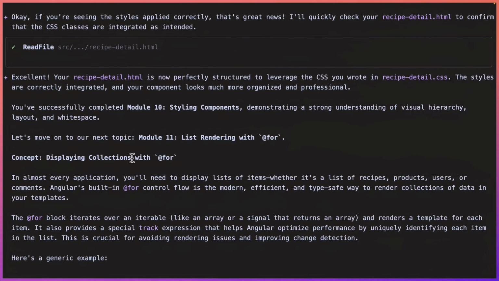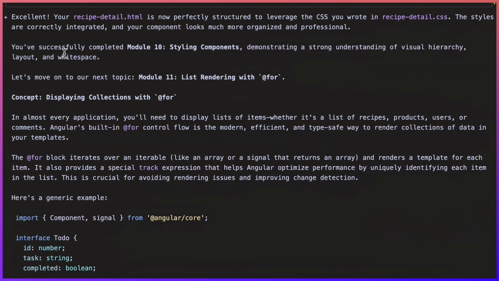Let's move on to the next topic, that is list rendering with @for. When it comes to looping over collections and displaying them, Angular uses the @for control flow syntax. We have seen this syntax some time back once when we displayed the individual ingredients for the recipe. What it needs is a special track expression that helps Angular to optimize performance by uniquely identifying each item in